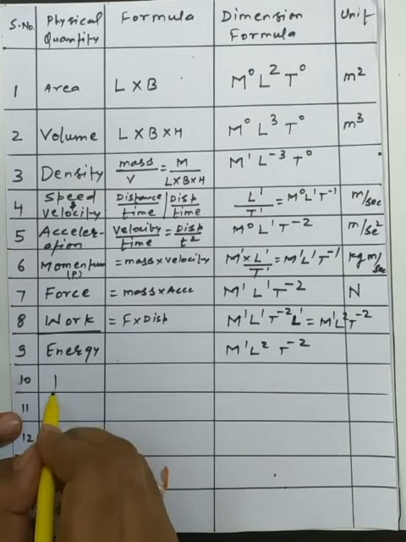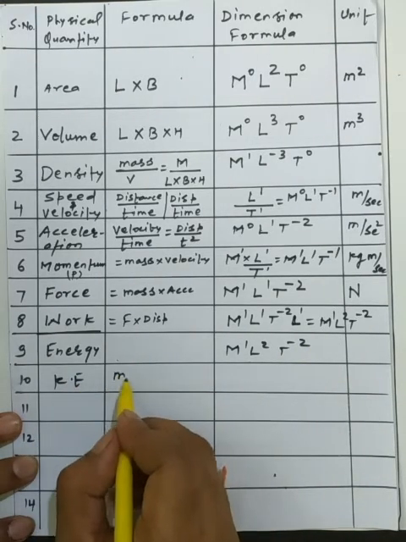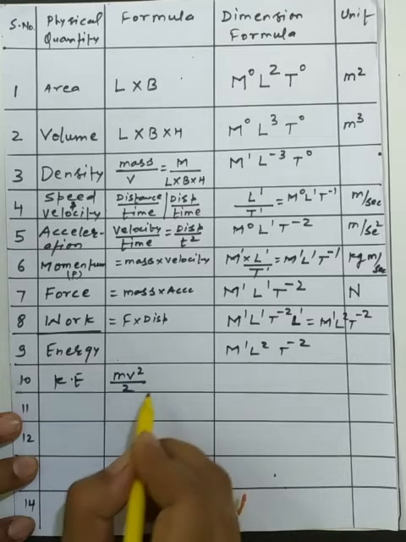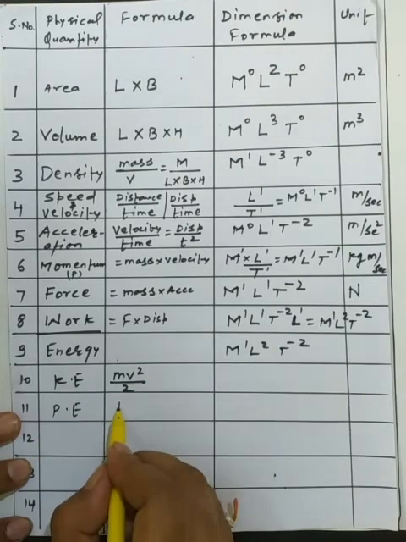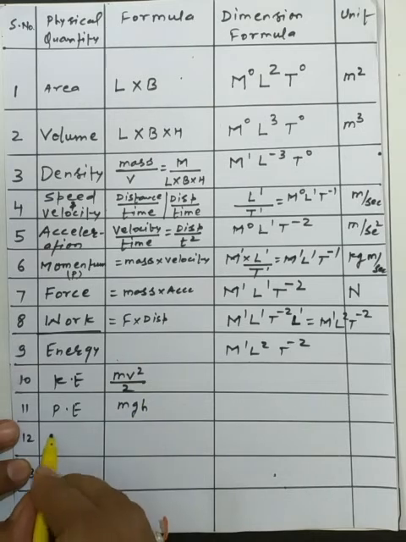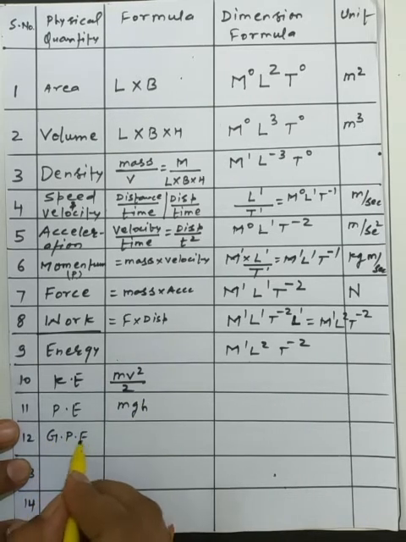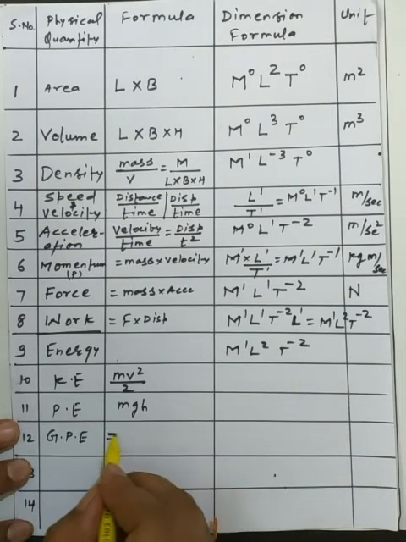Now if I am just writing, that is called the kinetic energy. By the formula we are just writing half mv squared, this is one of the formulas we have. Okay, simply I am just writing the potential energy, that is called mgh. Okay, simply I am just writing the gravitational potential energy. Although it has a formula, still we don't know the formula, but we can make